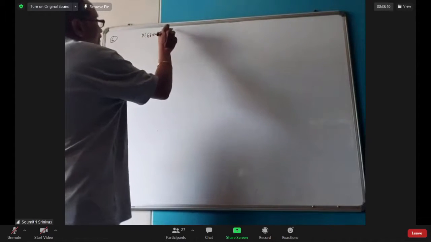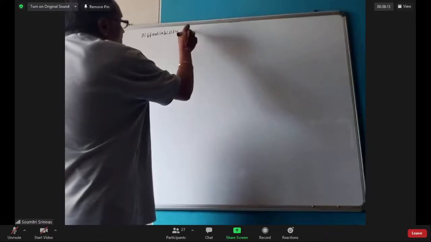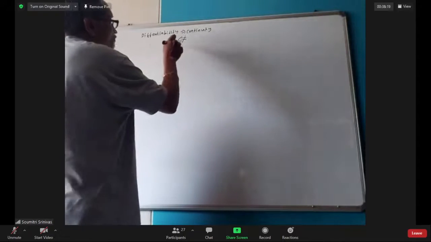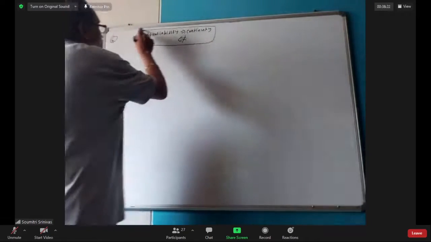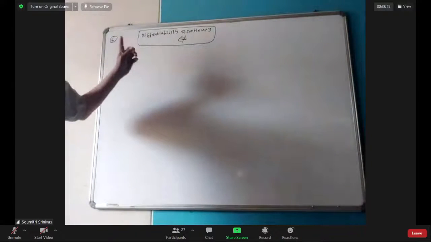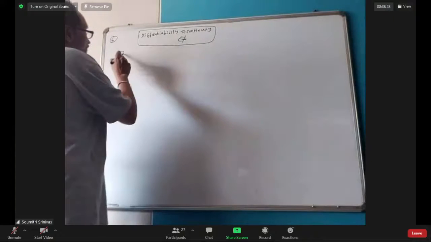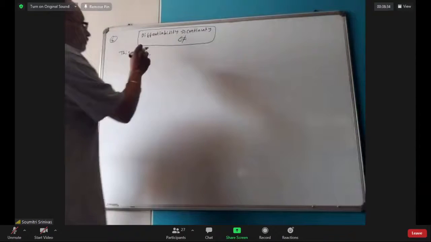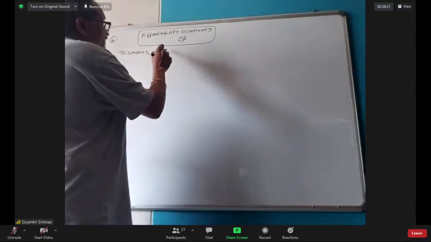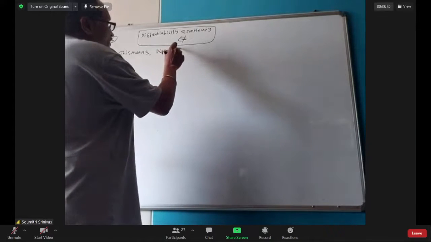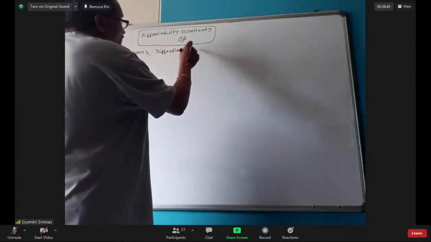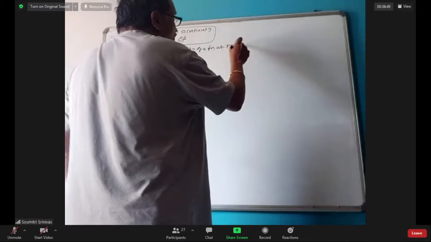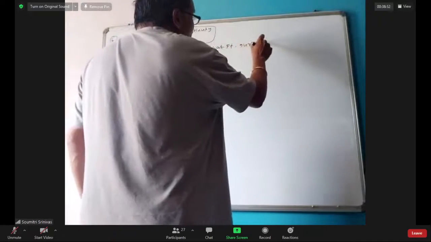Differentiability. What does this mean? This means differentiability of a function at a point guarantees